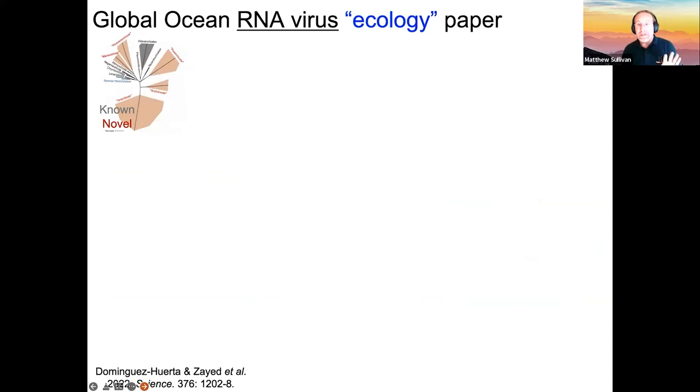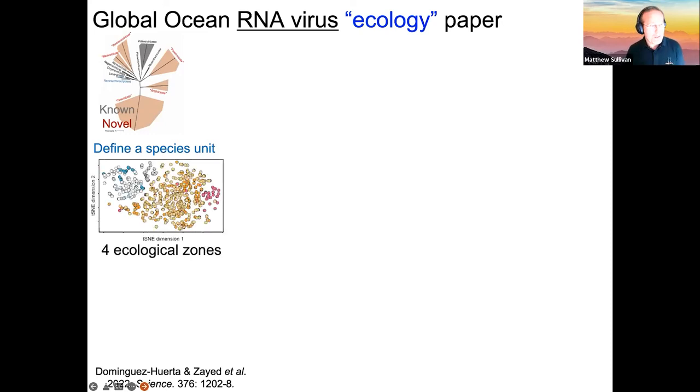The other half of that is to take all those new RNA viruses that we've now carefully classified and look at their fundamental ecology. And the first step was defining a species unit, which is highly controversial in RNA viruses. So what we did was define it, and then we looked carefully at many different ways you might define it around that to look for robustness of the following observations. And they're all very robust. So our species unit is robust for doing ecology. And the things that we learned were that there's structure across the global data set, such that there are 4 meta communities or ecological zones.